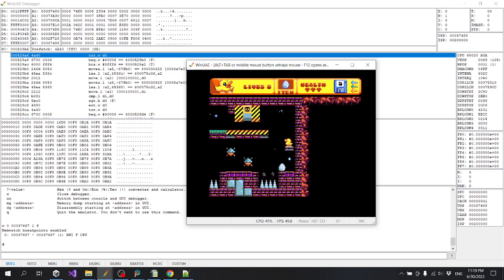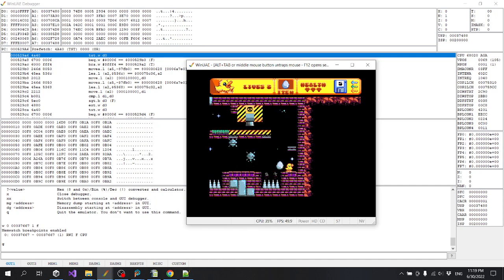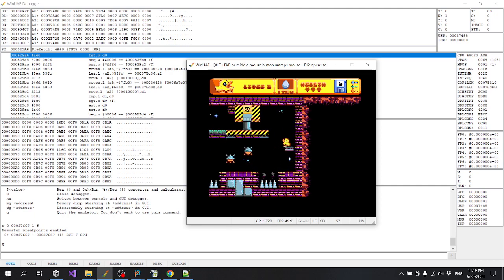And that sort of principle can be applied to almost every game. If there's a game you're stuck on and you just want infinite lives and you didn't have a trainer and you're playing it in WinUAE, you should be able to follow that exact same process